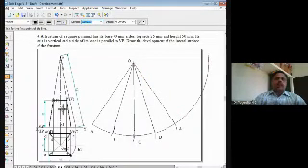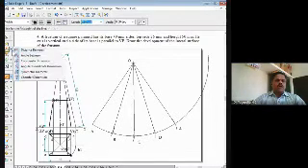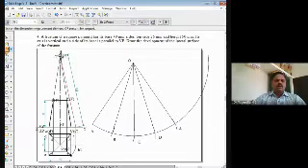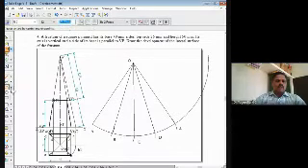Now I have to mark these points 1, 2, 3, 4. For marking the points 1, 2, 3, 4, what you have to do is project this point 1 dash, 2 dash, etc. onto the true length line. Then find the distance between this O dash to 1, 1 dash. So for that, we'll go for finding the distance between O dash to this true length line. This distance will measure. So what is the distance? It is 85.19.